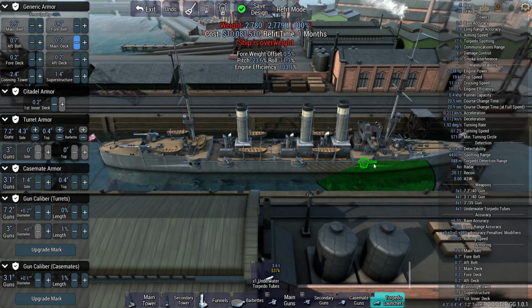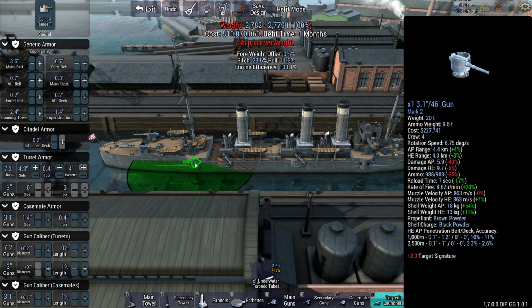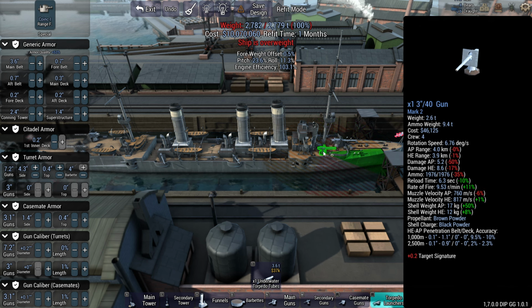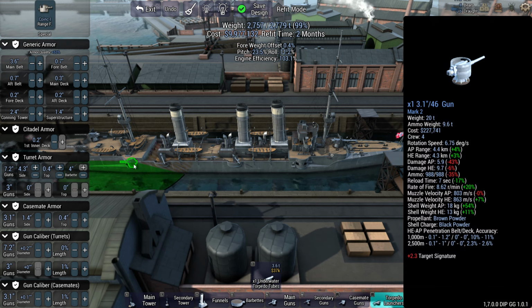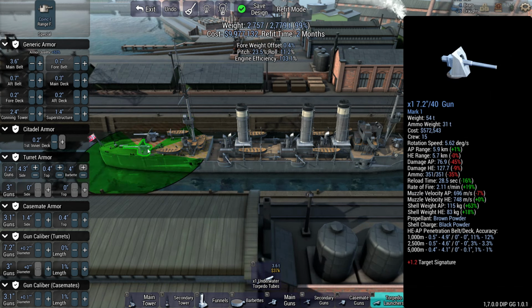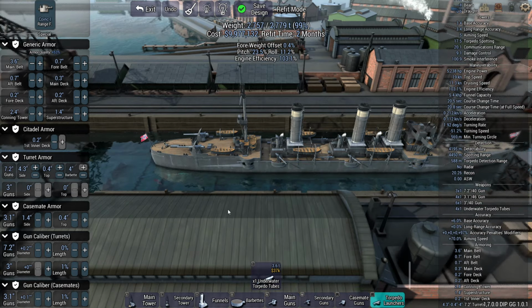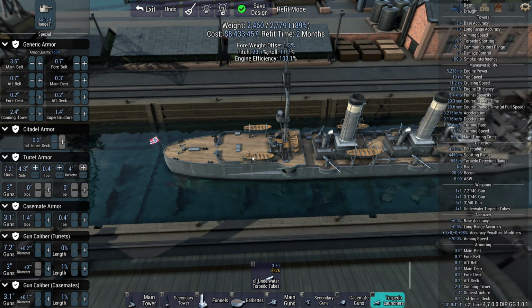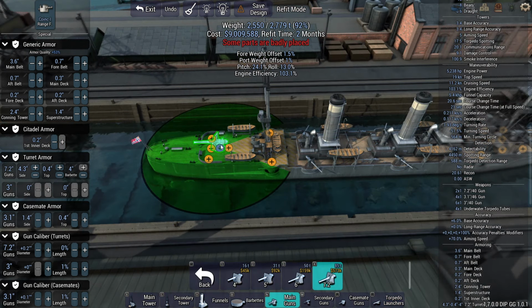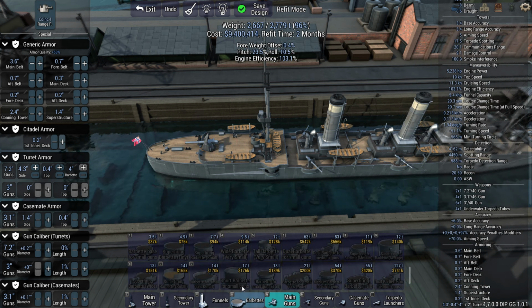It's got some 3-inch casemates here. Let's upgrade them to Mark II at least. These are useless. Let's drop them. Got two 7.2-inch guns here on the back, one on the bow. These guns are not bad. But I'm not sure if I like the double guns there on the back. Seems kind of useless, but maybe...